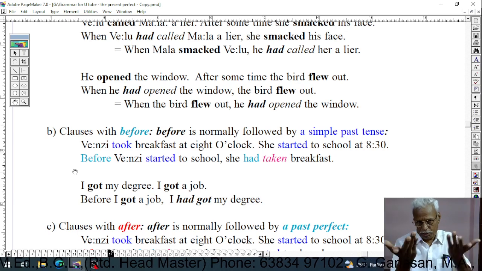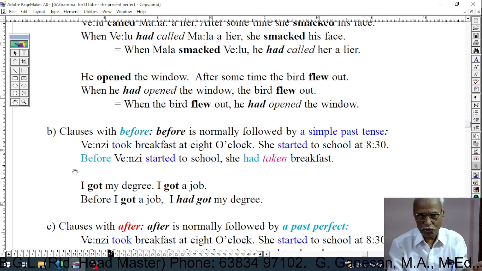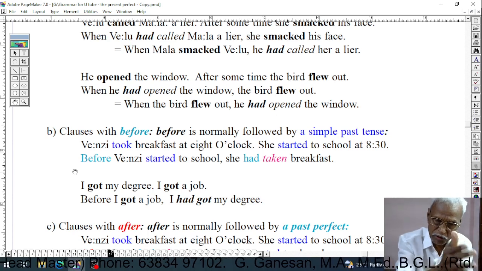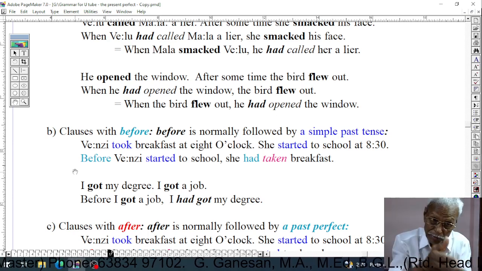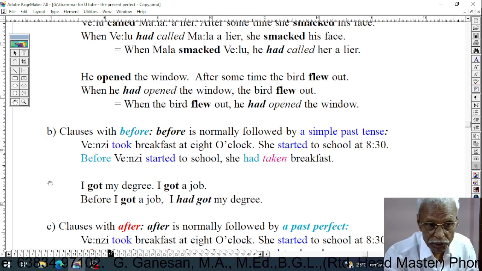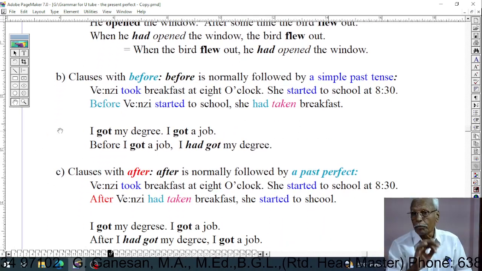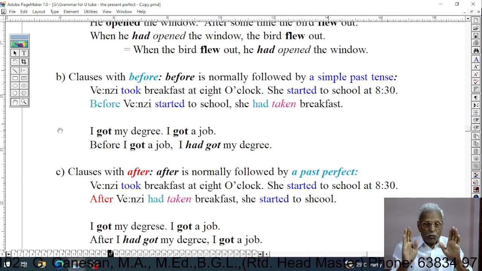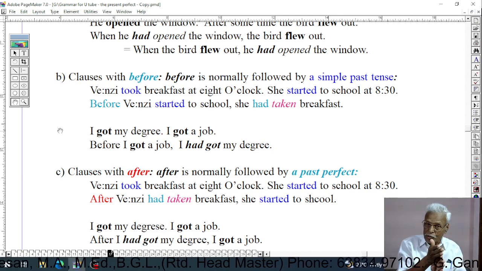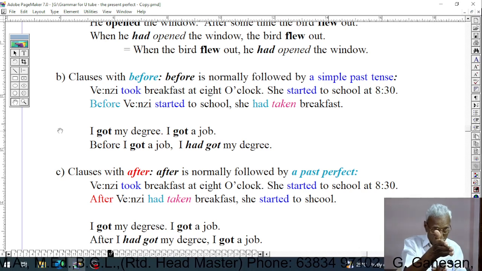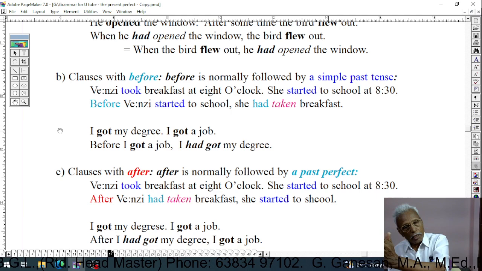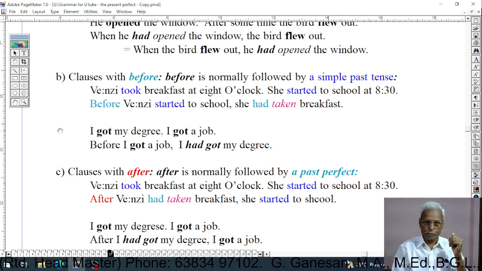Both can be done, but regarding the before and after clauses, usually it is done this way: the second action is expressed using the before clause, and the first action using the main clause, in past perfect. You see,